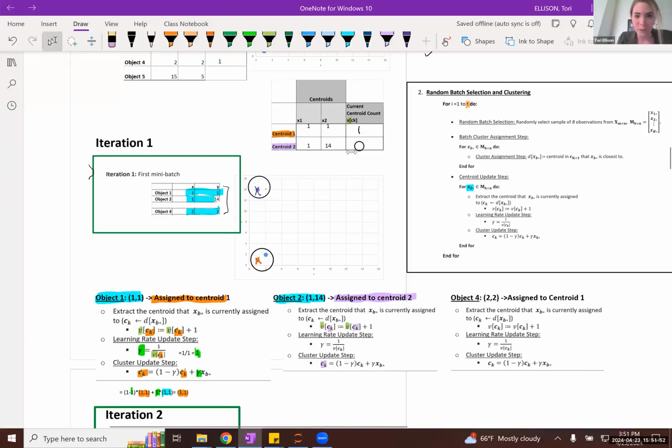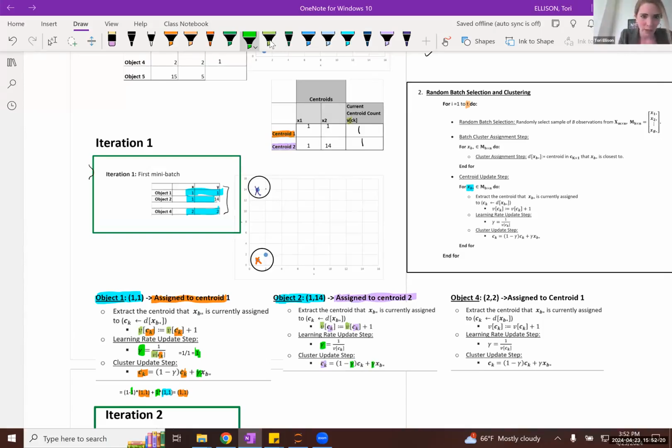So therefore, we update the tally for centroid 2. And so now we're indicating that 1 observation has currently been assigned to centroid 2. And then we calculate